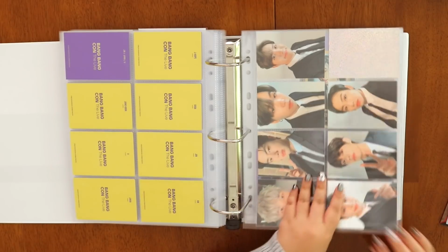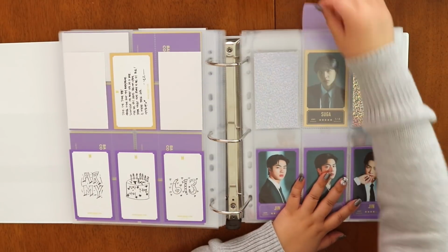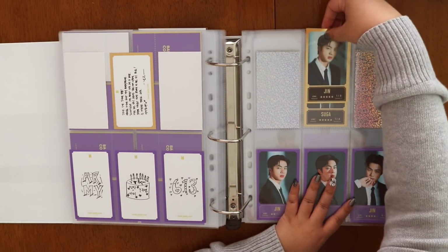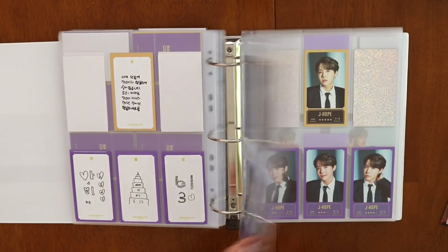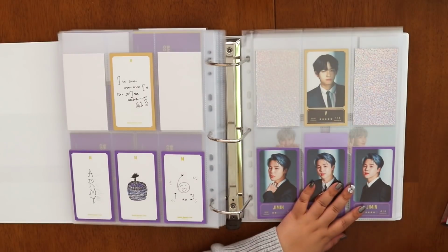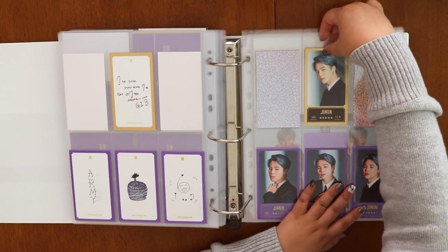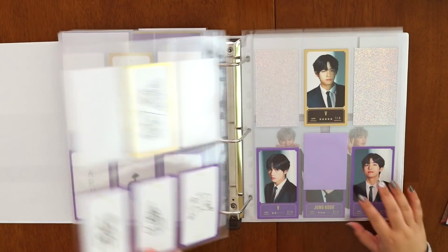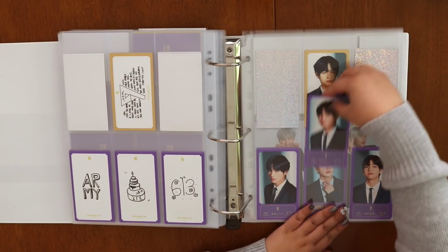Collecting-wise, I'm just trying to survive. Just when you think you've caught up to the new releases, something else comes out, and it's just getting kind of old. These lucky draws, the new deluxe ones, like the Grammy ones, I told some of my friends, I think that this just broke me, and